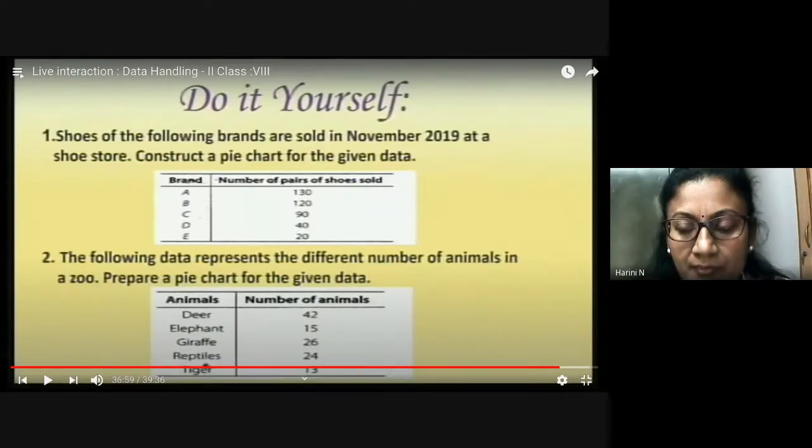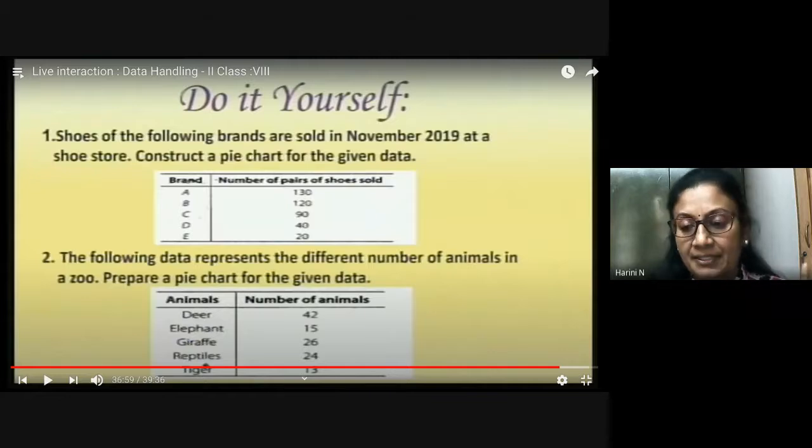I hope you could have completed the second pie chart also along with me. Now, these are 2 other problems I want you to complete in your classwork itself. So these 2 problems you can take down, and you have to prepare the tabular column, which will have the fraction as well as the central angle. Once you get the central angle, you should use that to create your pie chart, and then do the shading and the labeling as I have been showing you in the previous 2 problems. Do you think you'll be able to complete this?